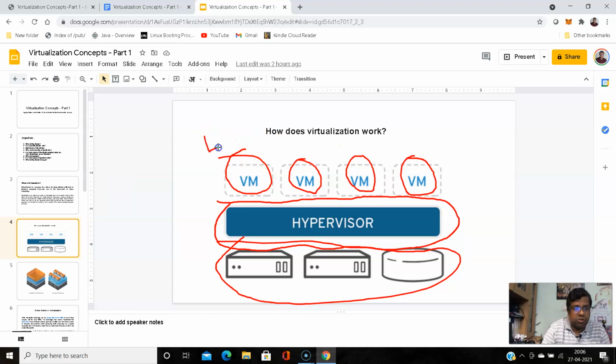Maybe this could be Linux, this could be Windows, this could be any other operating system, if it is supported, say, let's say VMware ESX.